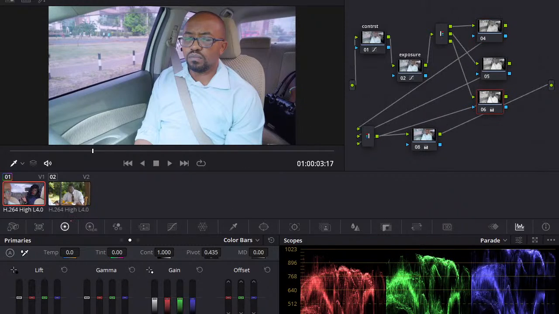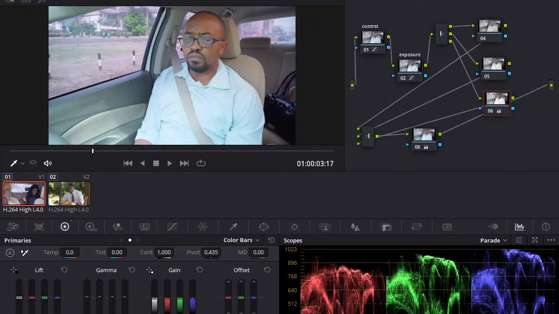Let's try the blues. I'm looking at the image, but my monitor is not color accurate, so I'd prefer looking at the scopes. You can see there's a lot of blue, right? So I think I need to take care of the blue a little bit. Maybe push the blue down a little bit, because you can see it's doing a very big job up there. So maybe let's mess with the gain, bring the blue back.